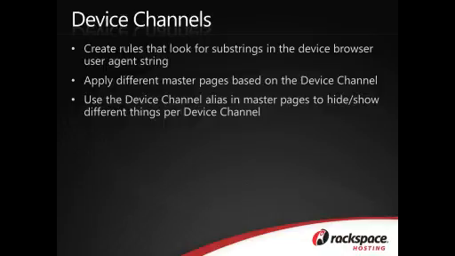When you browse to something, the browser sends an ID, so you can Bing or Google that ID and get it. On an iOS device, it might be something like Safari, iOS, in there. You pick a part of that string, a keyword, any part of that string, put it in the device channel,